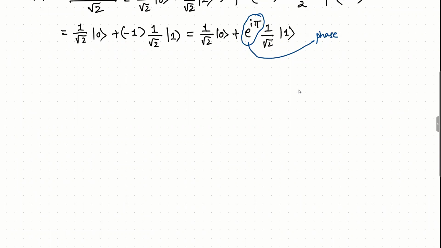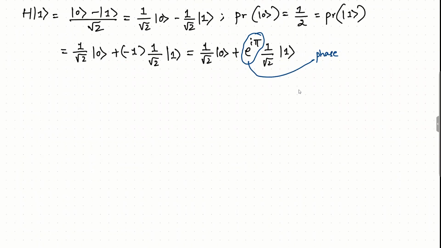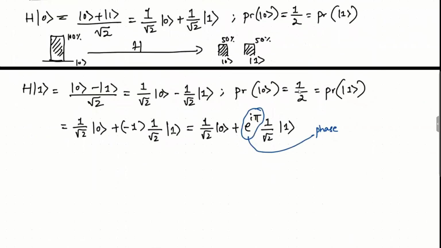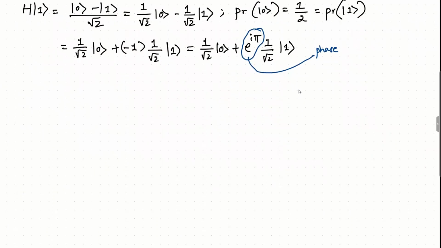Okay, we were discussing how the Hadamard gate operates on state 1, and we saw that the Hadamard gate takes state 1 to a combination of 0 and 1, but now it is 0 minus 1 over root 2, unlike when it is applied to 0, when it is 0 plus 1 over root 2. This negative sign that comes is nothing but a phase. Technically, we call